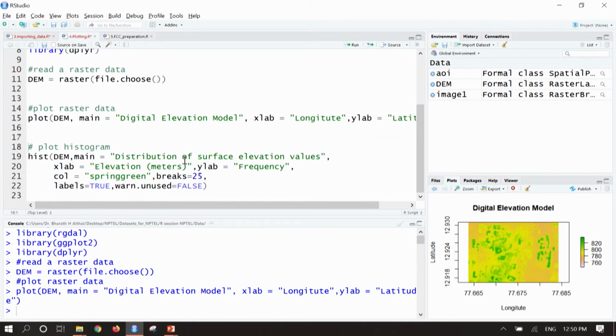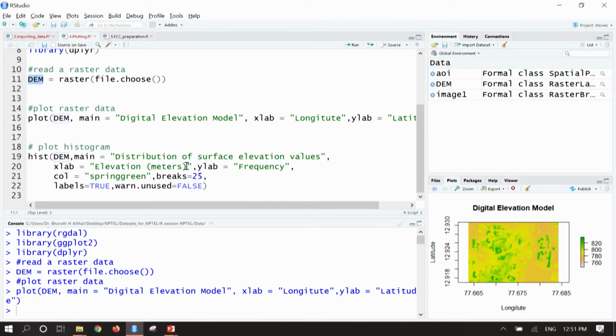If you want to plot a histogram, a histogram is a plot between the pixel values and the frequency of pixel values. Using the hist command we can plot the histogram. Here the digital elevation model is the raster we need to call, and we can give the title as distribution of surface elevation values.